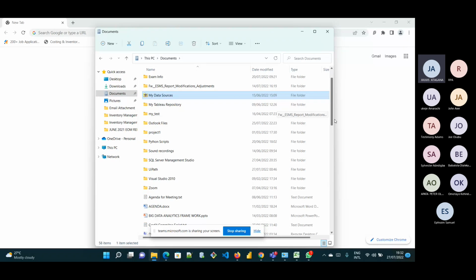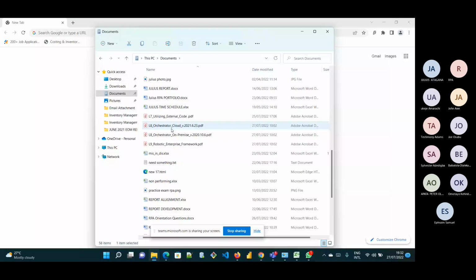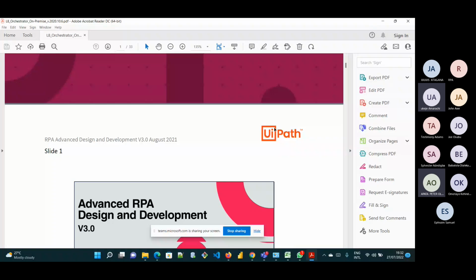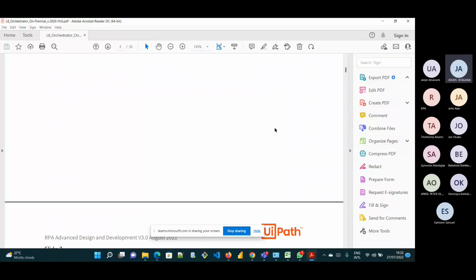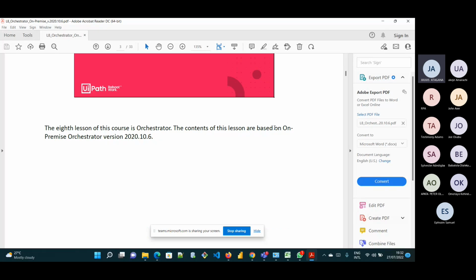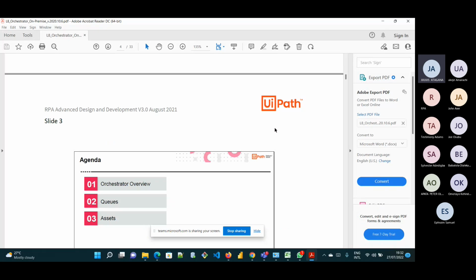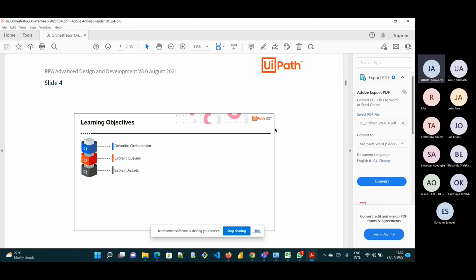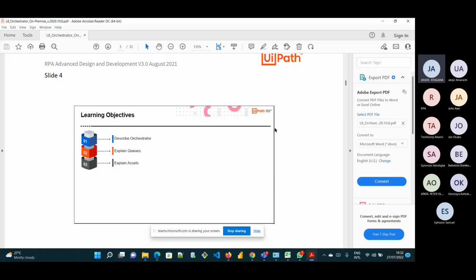So, orchestrator. I guess my screen is visible. Yes, sir. Okay. So, like we said, the orchestrator is used to manage our robots, which means we can have multiple robots.